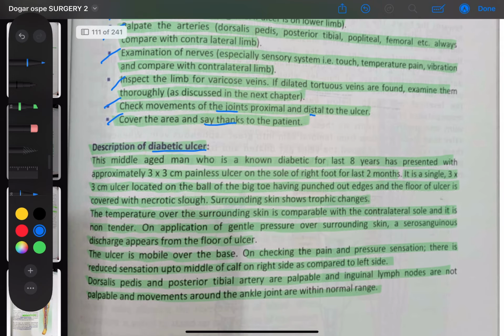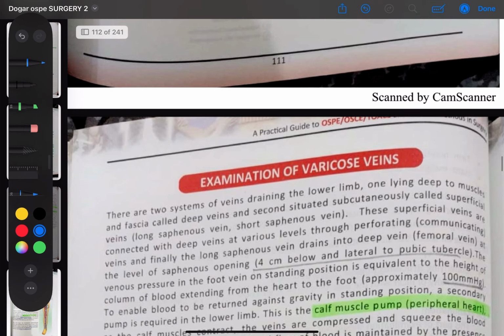This is the description method. This is specifically for diabetic ulcer, but for other types of ulcer, the method is the same. So you have to present it as the patient name, then who is diabetic for last 8 years, and then you have to present your case, what you have examined, and what are the points that you have found in the specific patient. So in the next video, we will discuss the